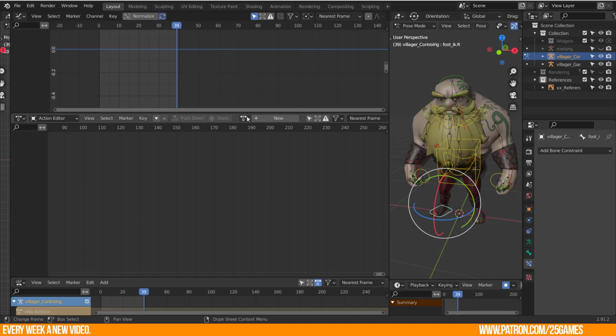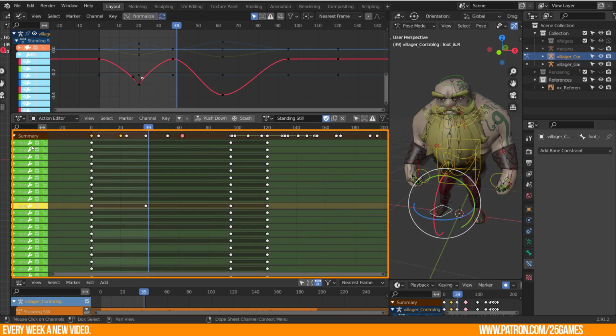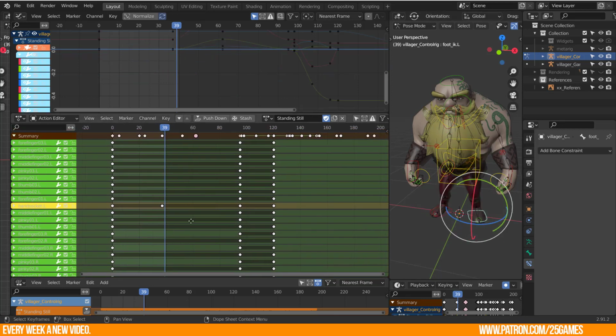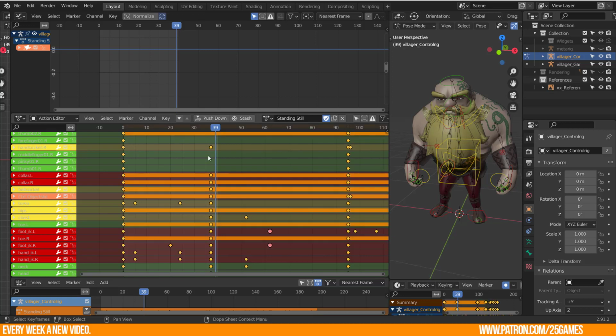Objects can only use one action at a time for editing. The lower part of this panel gives you more control of the single keyframes. You are able to control and manipulate each channel of the selected controllers of an action and check what is